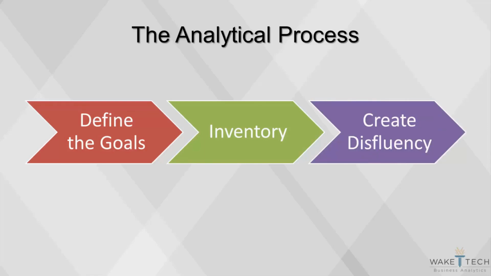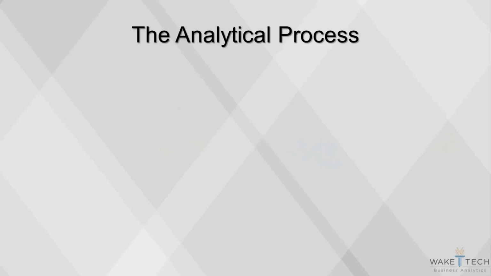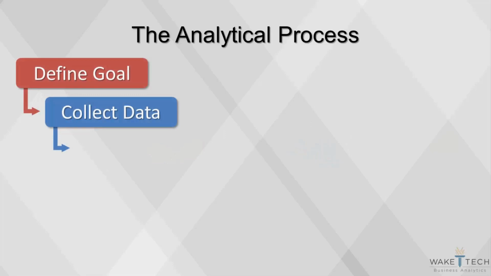Simply observe the data files and write down a list of observations, questions, and any other ideas you have. This process, called creating disfluency, enhances the data dictionary and helps the analyst internalize elements of the data. Cognitive disfluency is the principle that enables students who take lecture notes by writing to retain more of the material than students who type notes, even though those who type can take notes more efficiently. Sometimes the more work we have to do to process the information, the better we can understand the information. Using this principle at the beginning of a project, before using any advanced analytical techniques, enhances the analyst's capability to understand the data.